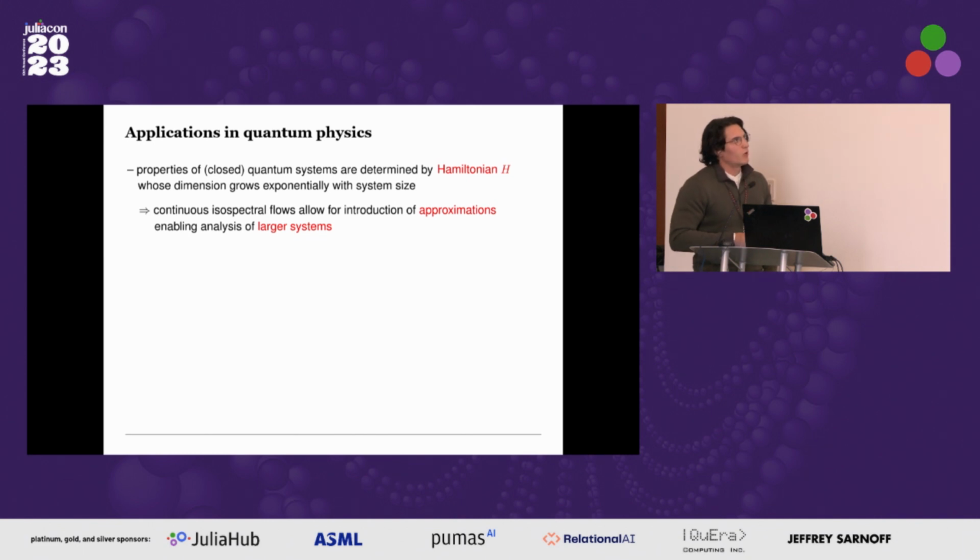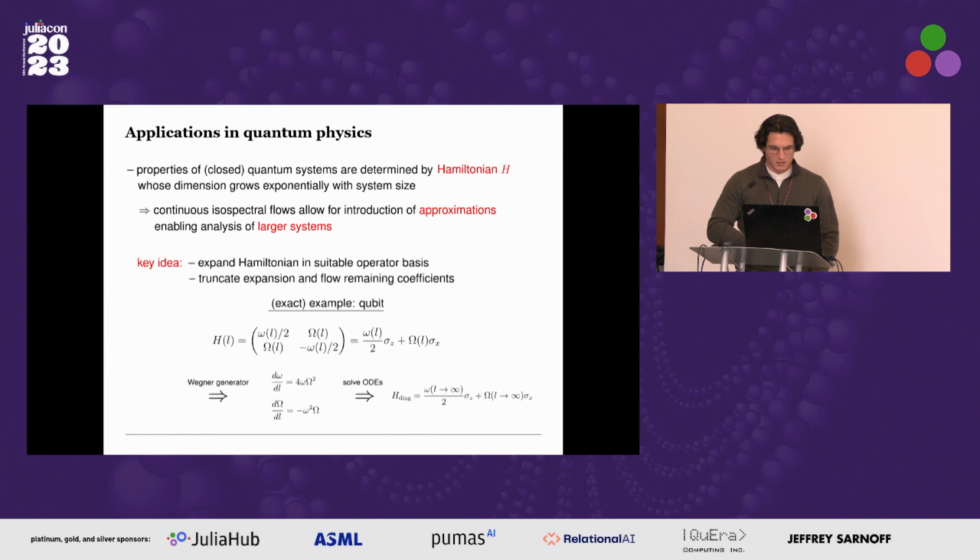Now, isospectral flows take up a special role in quantum physics. The properties of closed quantum systems are described by Hamiltonians. A Hamiltonian is simply a Hermitian matrix, or square Hermitian matrix, whose dimension grows exponentially with the number of constituents. And these continuous isospectral flows allow one to, in a very elegant way, introduce approximations which enable the analysis of larger systems. I don't have time to go into the details, but I just want to sketch